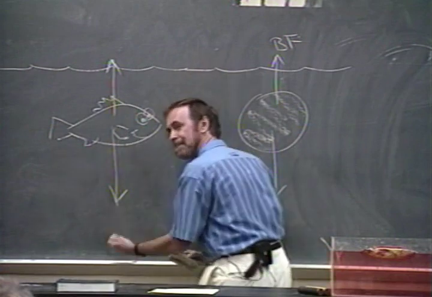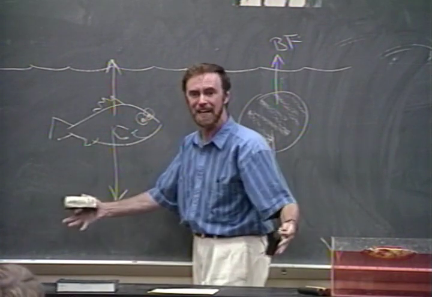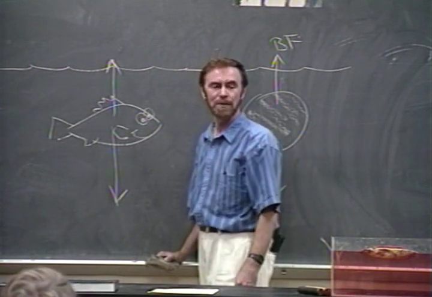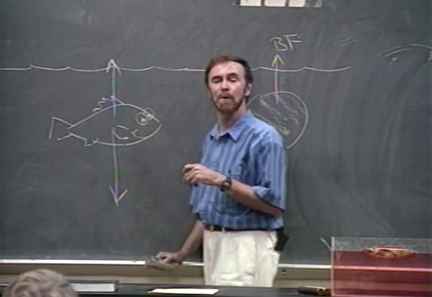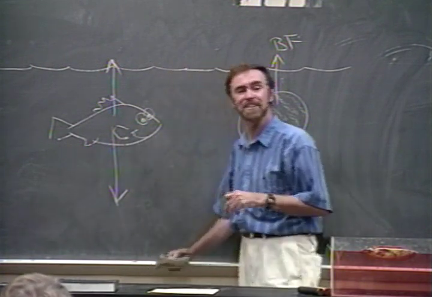Guess how hard the gravity is compared to the buoyant force such that the fish stays there? Same. So what's the density of the fish? 1. The same as water. So if I tell you water has a density of 62.4 pounds per cubic foot, then you know what a fish density is in cubic feet.